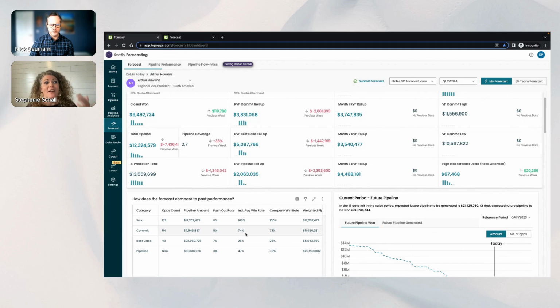So if their commit win rate for individual for this VP is 74%, when I look at the fact that I've got 3.8 million in pipeline, then I can really only account for 74% of that, because that is my success over time. If you see that someone on your team is accounting for 100%, which unfortunately sometimes is the case, or they're accounting for 75%, but maybe their individual number was only 40% for a commit, then being able to have that conversation and understand all the data points, while the AI is also looking at what are you